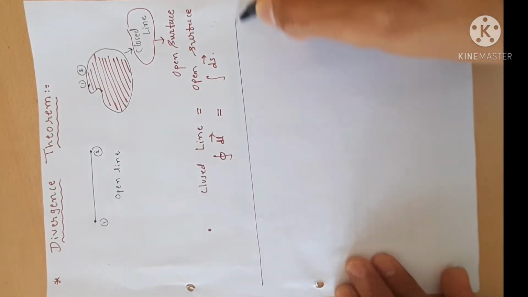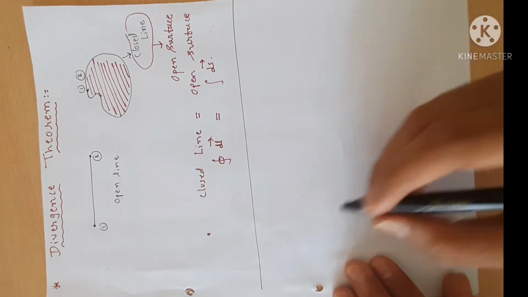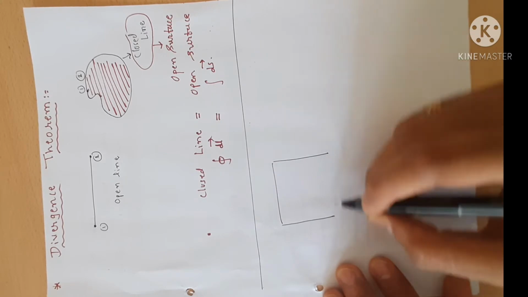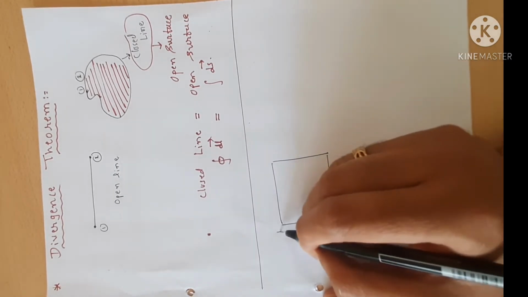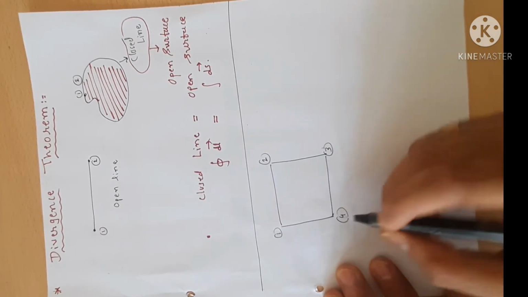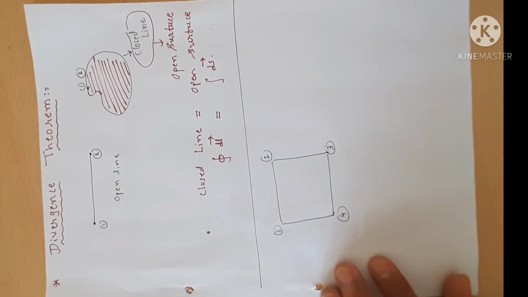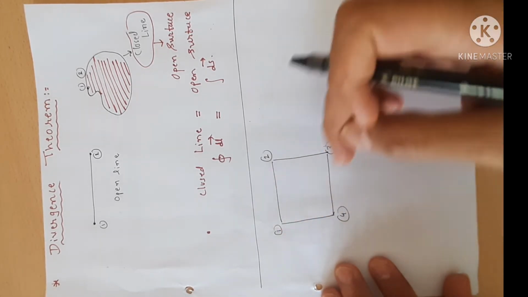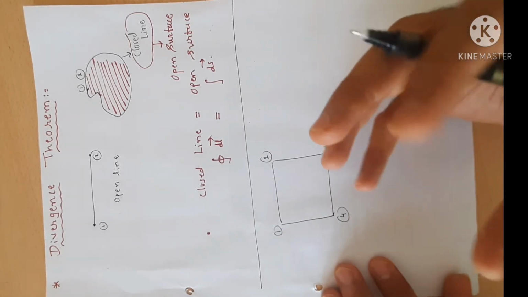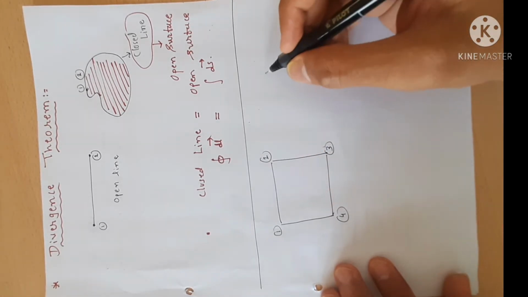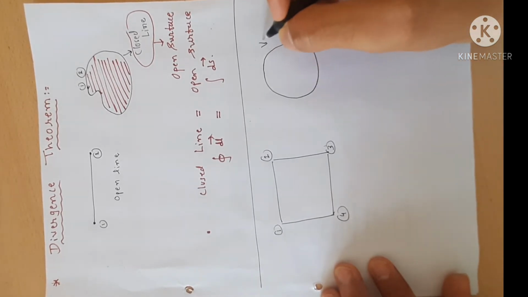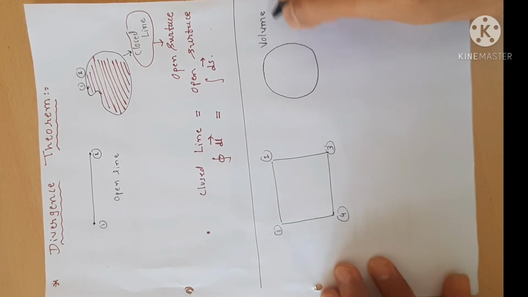Now what about the surface? Now we consider the second case. Suppose I have one sheet, and this sheet has a total of 4 corners: 1, 2, 3 and 4. Now I have to join all the corners, 1, 2, 3 and 4. So it looks just like a paper ball. It looks like a volume. One paper ball means it's a volume.